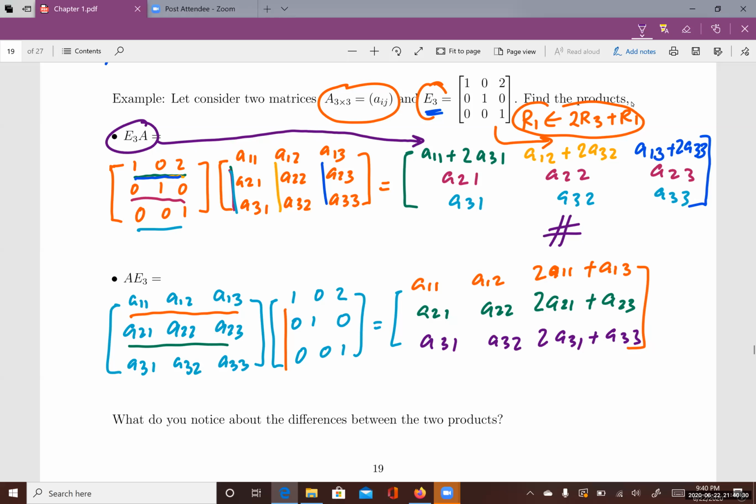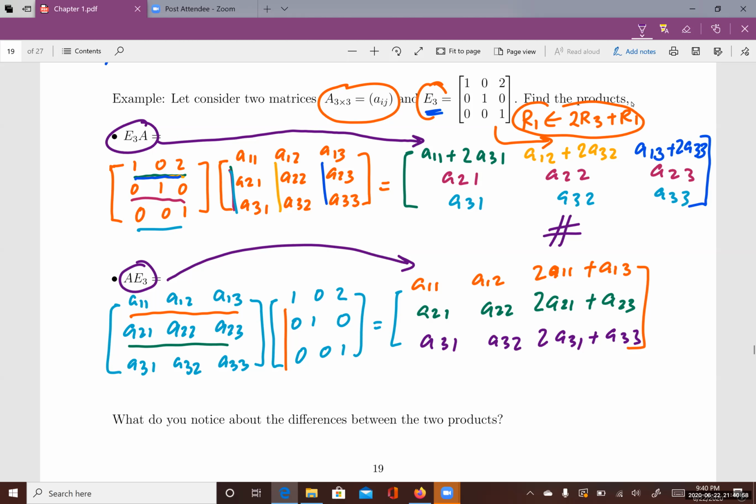So what you did was you transform row 1 by row 1 plus 2 row 3, which is what we did. Row 1 equals to 2 row 3 plus row 1. But if you multiply a matrix by an elementary matrix on the right of that matrix here, then the result that you get is